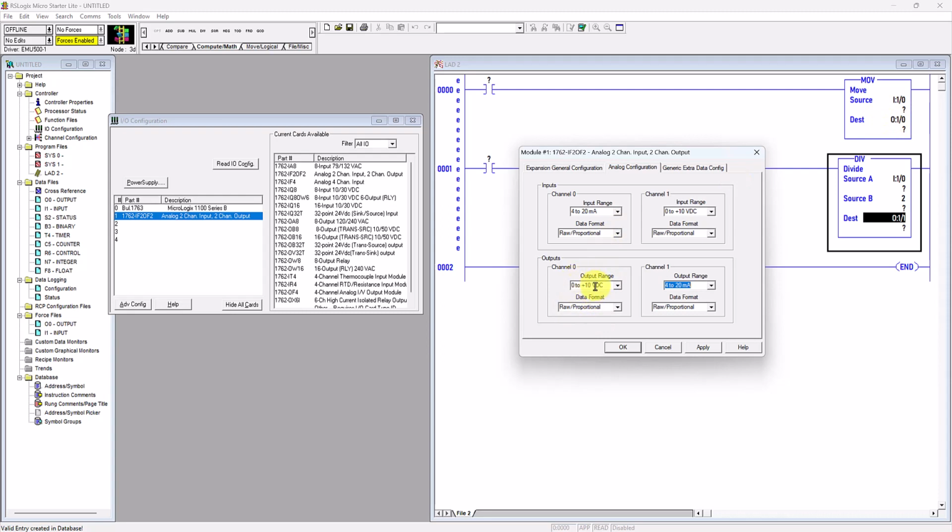The output range is 0 to 10 volt. As for this analog output, it corresponds to this channel 1. The output range is 4 to 20 milliamp. In other words, analog input for this is 4 to 20 milliamp, and the analog output for channel 0 is 0 to 10 volt. For analog output channel 1 is 4 to 20 milliamp. Alright,